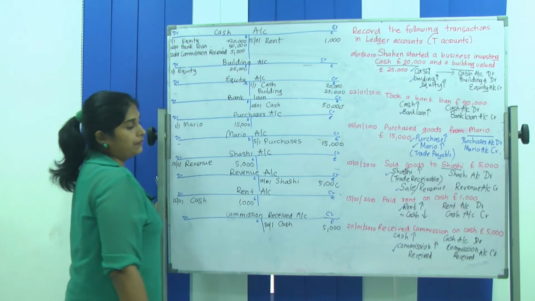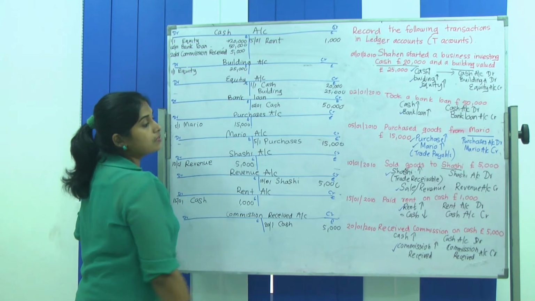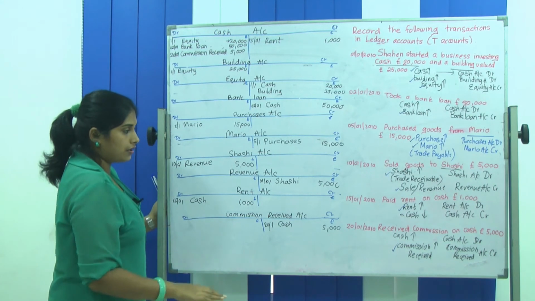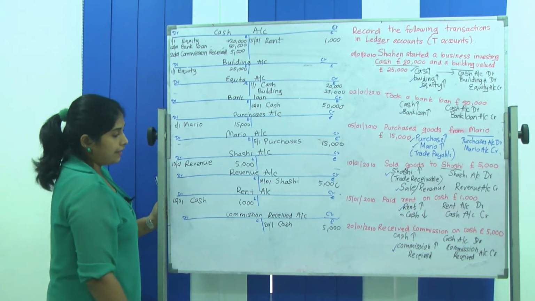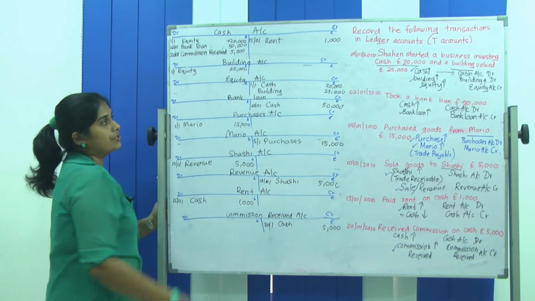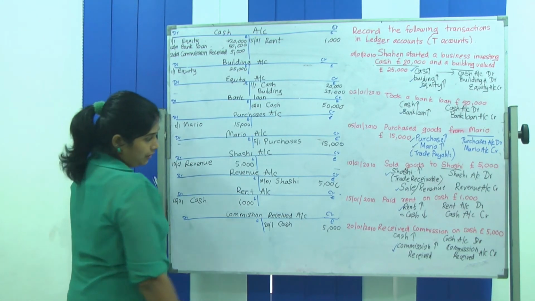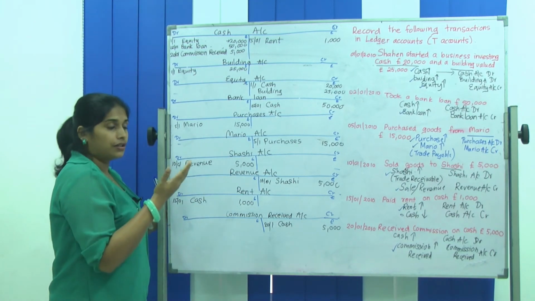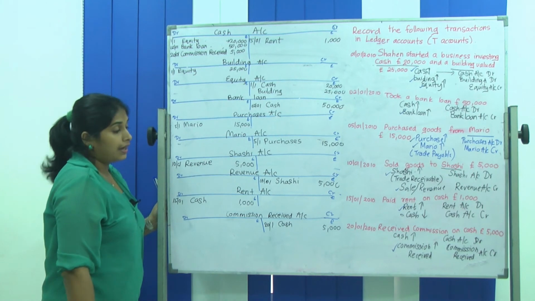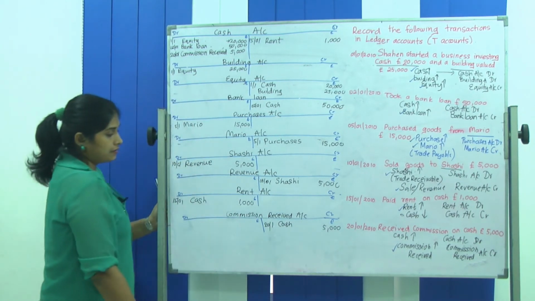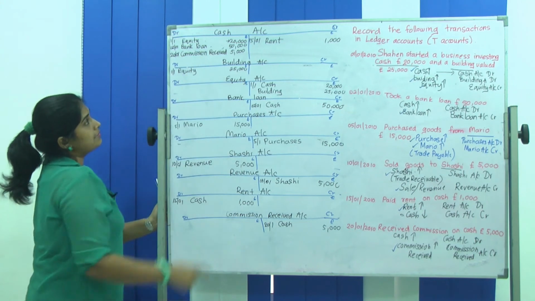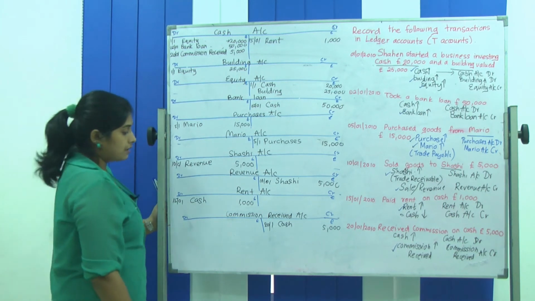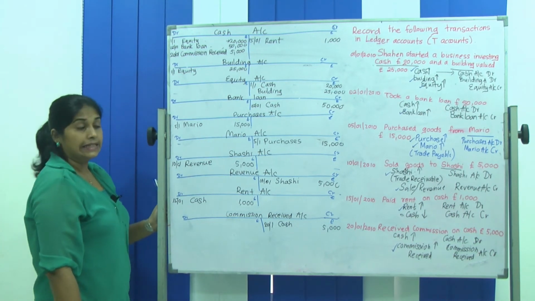Then the other transaction which he has done on 15th, paid rent in cash, which makes rent expense increase and cash goes down. So the rent account was debited 1,000 as cash and the cash account was credited 1,000 as rent. Then the last transaction where he received commission in cash, which makes cash increase and creates an income called commission received. So it will be recorded on the debit side of the cash account as commission received, and on the credit side of the commission received account because it's an income.